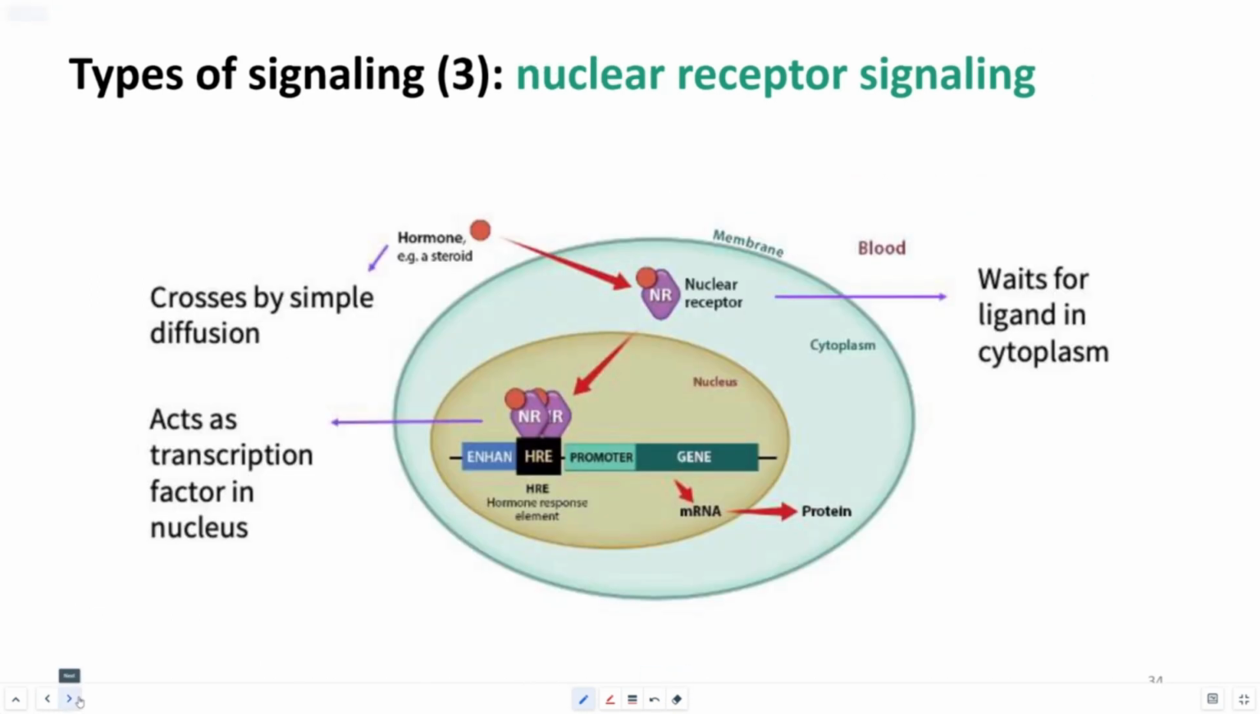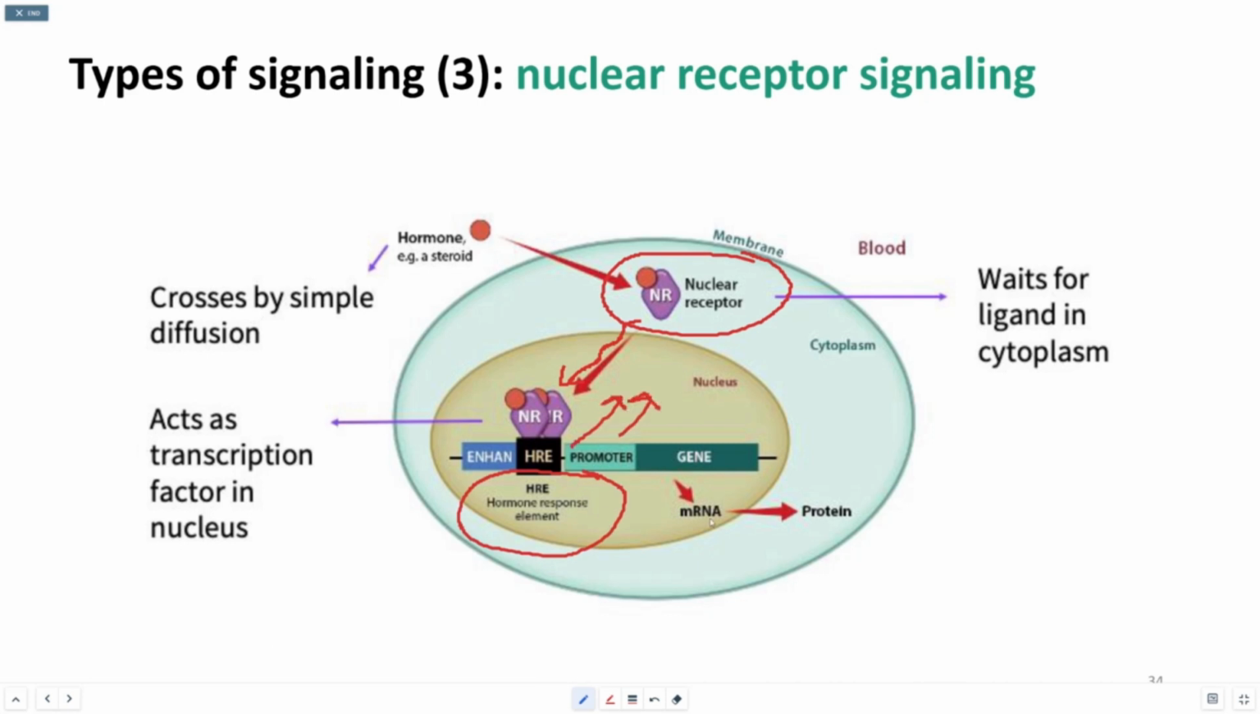Nuclear receptor signaling. Some hormones that are steroid-based, testosterone, estrogen, progesterone, can cross the cell membrane via simple diffusion. They will then bind onto nuclear receptors found inside the cytoplasm and translocate into the nucleus and bind onto DNA directly. It targets regions called the hormone response element, which will then increase the ability for the gene to be read,